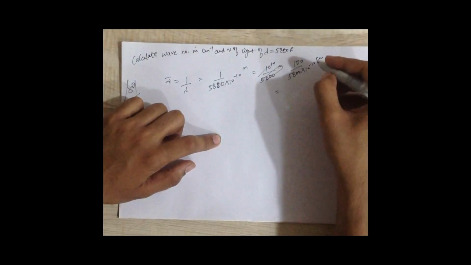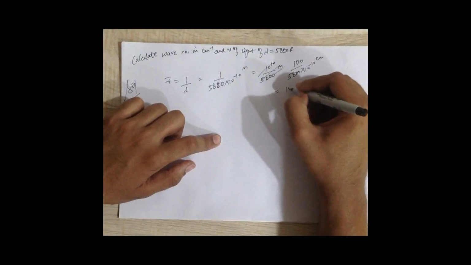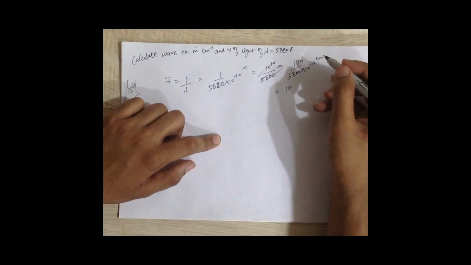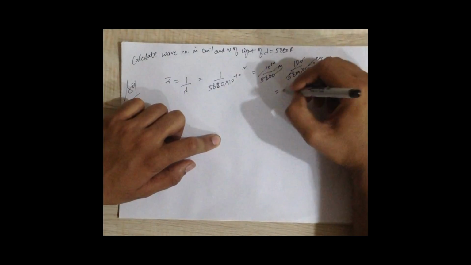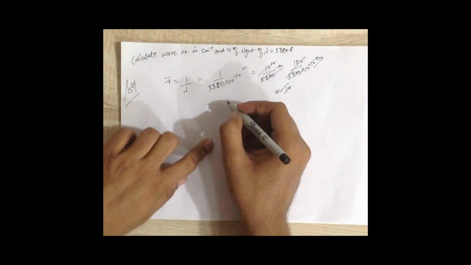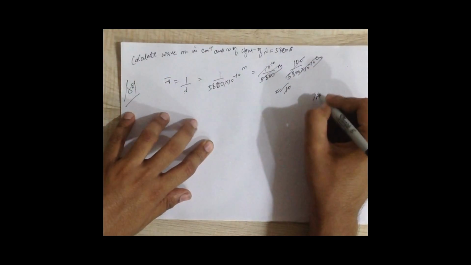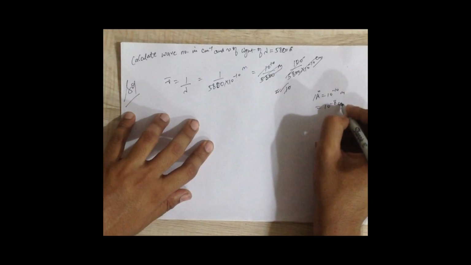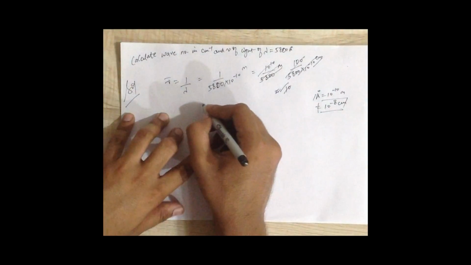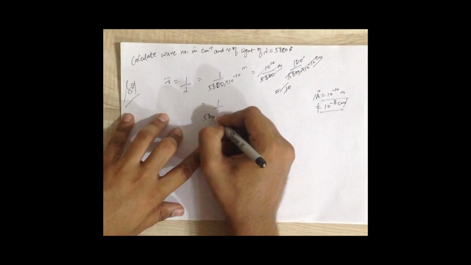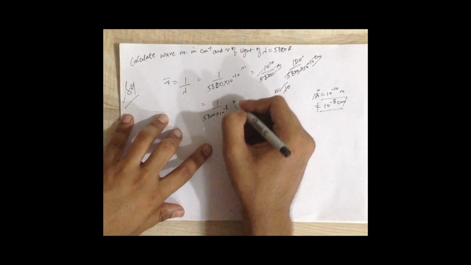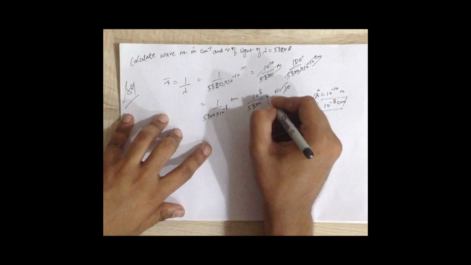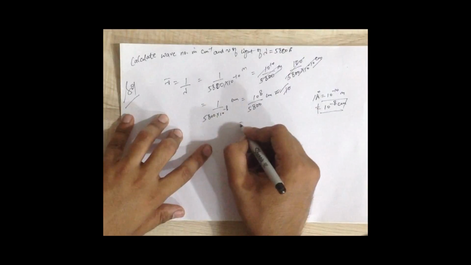Oh, I'm sorry, I made a mistake here. So 1 angstrom is equal to 10 to the power minus 10 meters, that is equal to 10 to the power minus 8 centimeters. So this would be equal to 1 upon 5800 into 10 to the power minus 8 centimeters. This would come out to be 10 to the power 8 upon 5800 per centimeter, and on calculating we will get